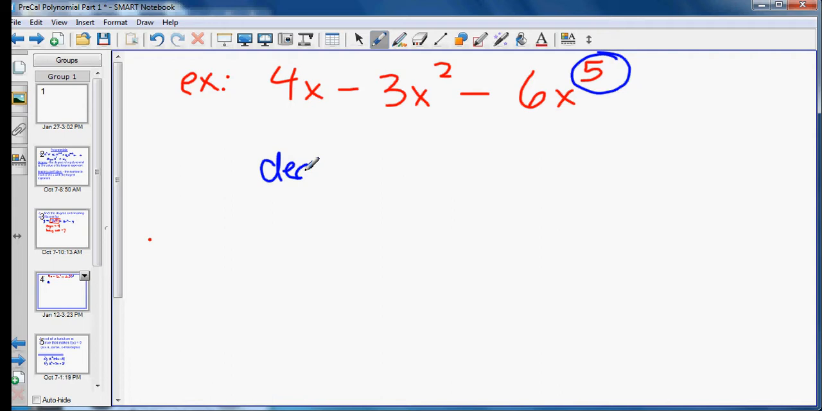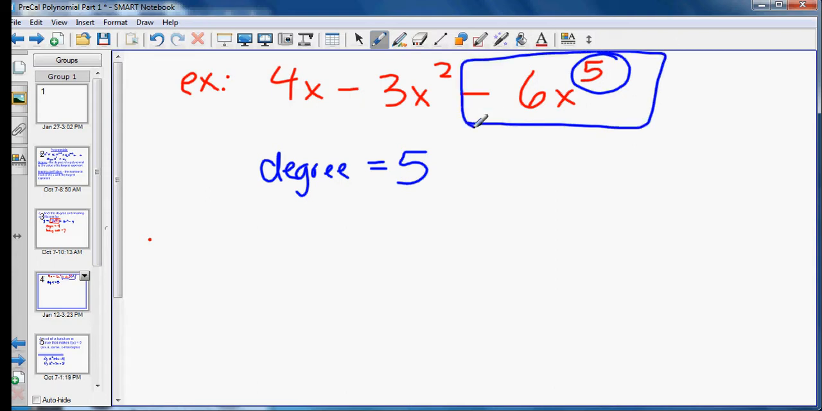And the leading coefficient comes from that exact same term, so I'm just looking at this term. My leading coefficient is negative 6. So notice I do keep the negative with it. But that's all you got to do to find the degree and the leading coefficient. Next and last thing for this particular video